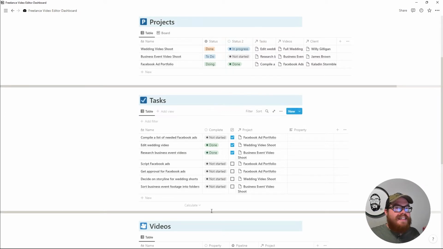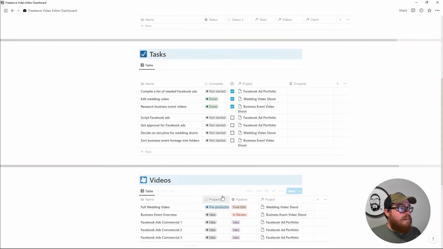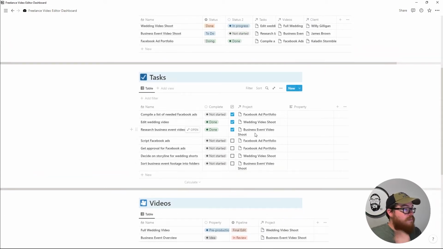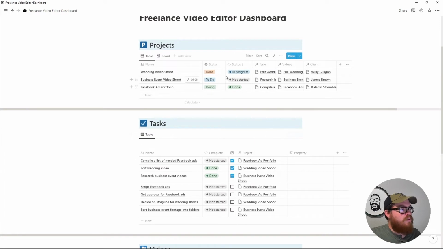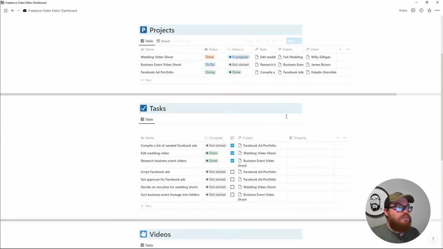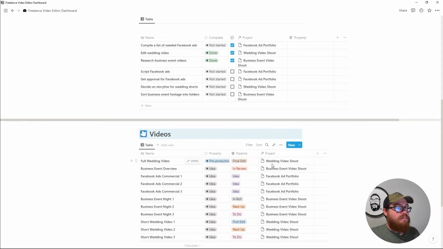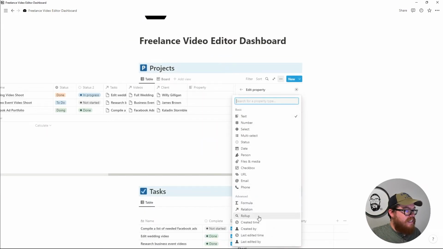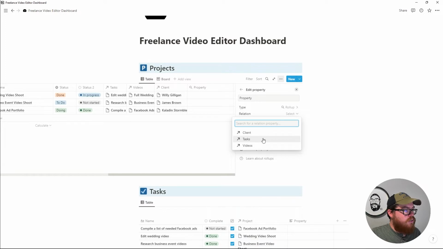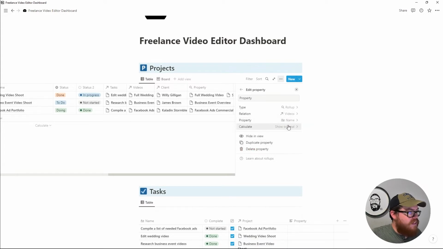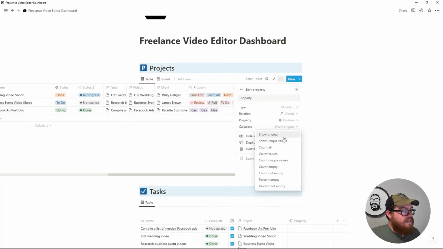Let me show you what I think is the most important part of this new progress feature, and it has to do with rollups. So for instance, let's say I wanted a rollup up here in my projects that showed me how many of my videos were complete. To do that, let's get a rollup. We're going to do a relation to videos. The property that we're going to be tracking here is the pipeline. And we want to calculate it by, oh man, I don't know. There is nothing here that we can do because Notion doesn't know the difference between all of our single select